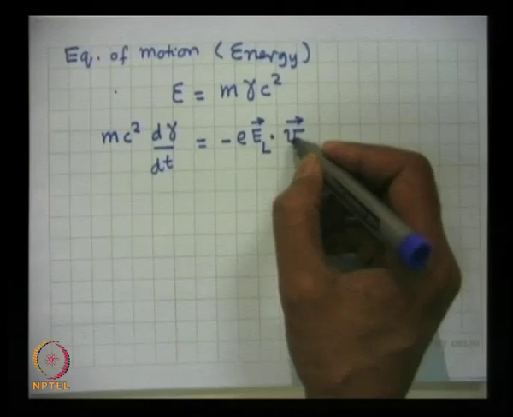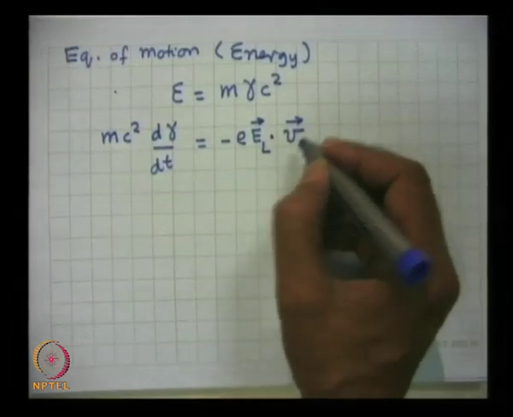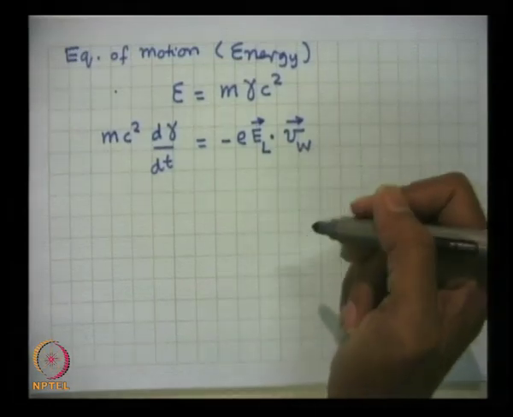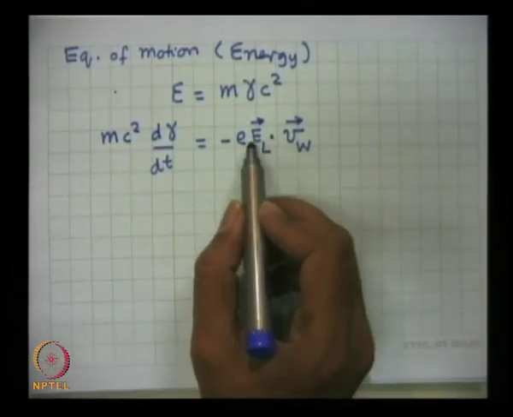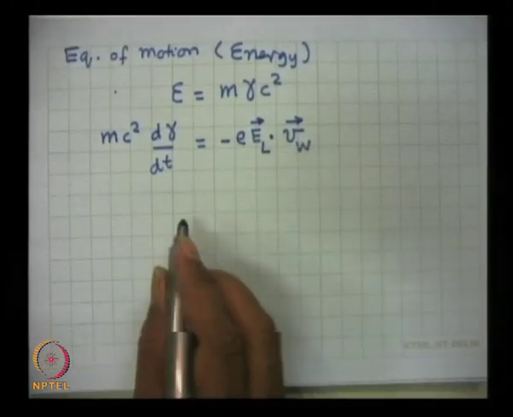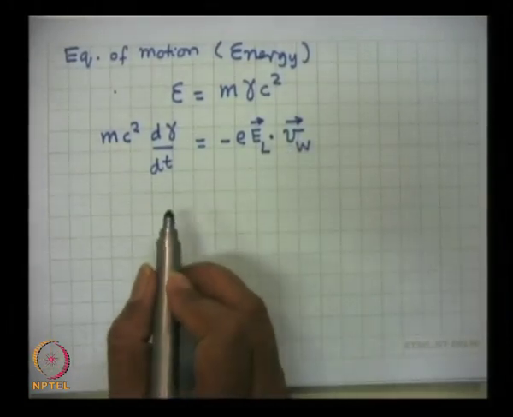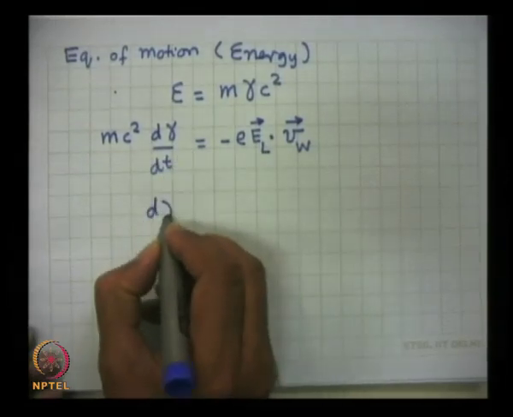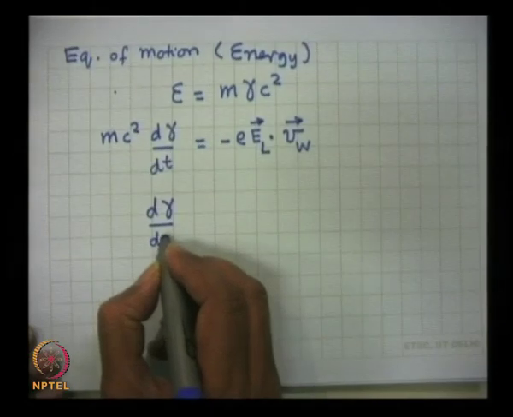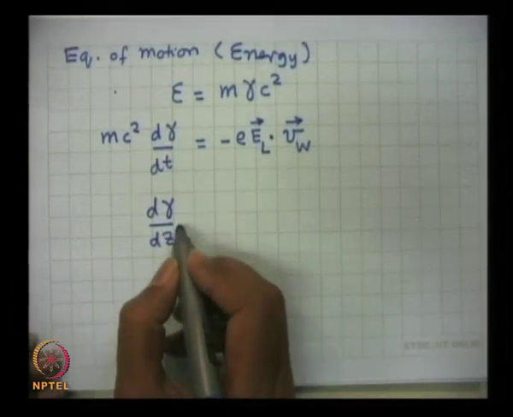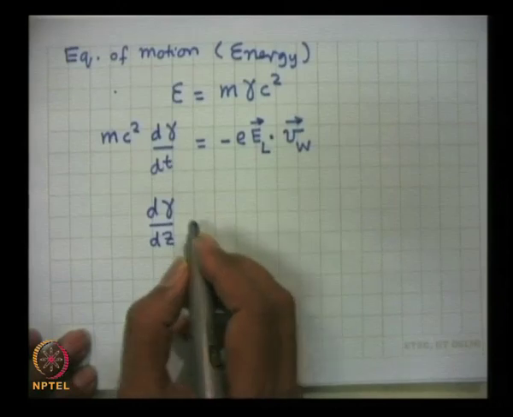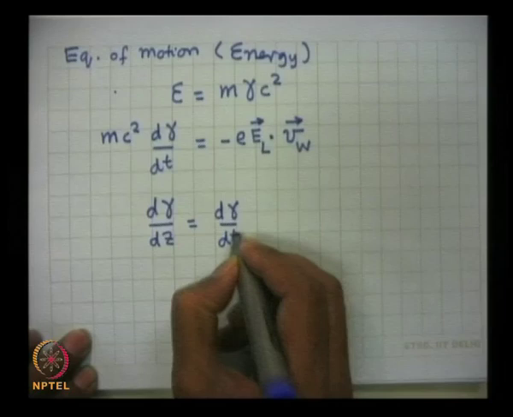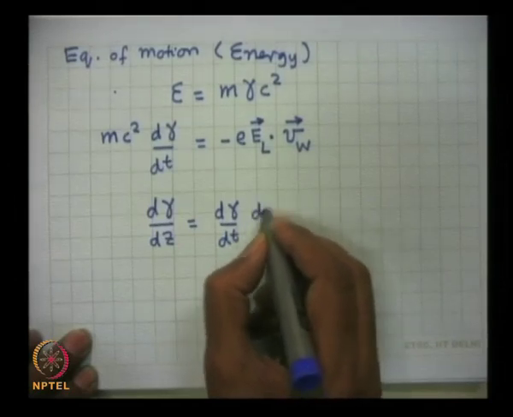And if you take the dot product of EL with those quantities, only the one that survives is this quantity. All other velocities turned out to be 0. So, the electrons gain energy because of this term, and it is useful to write this equation in terms of d gamma by dz, the evolution of the energy of the electron as the beam travels, so with distance, and this can be written as d gamma by dt multiplied by dt by dz,